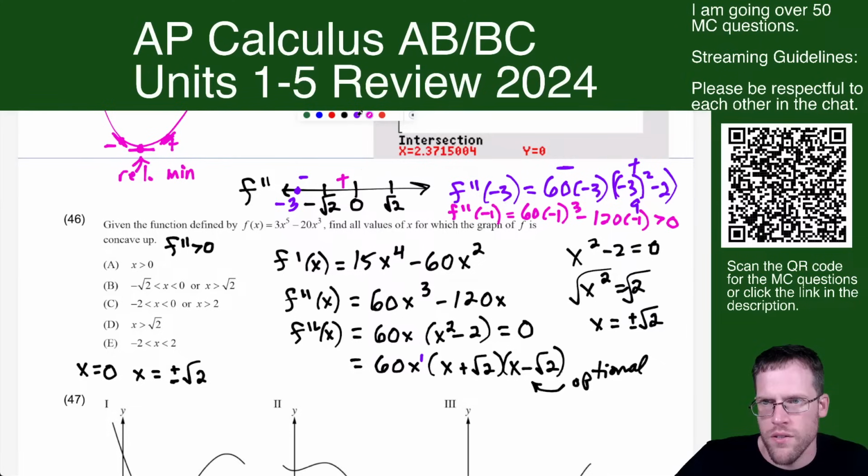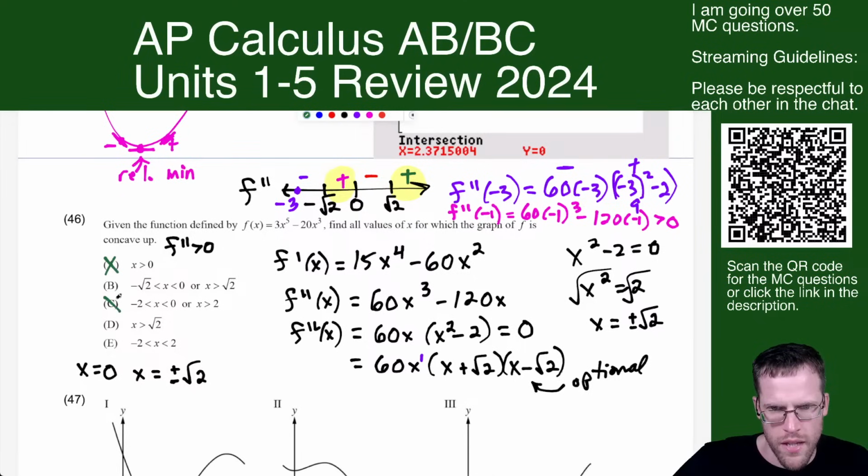Okay, and if we do that for the others, we're going to get minus, and we're going to get a plus. But our goal is to find where f double prime is positive. So it's here and here. So what are those two intervals? Between -√2 and 0,